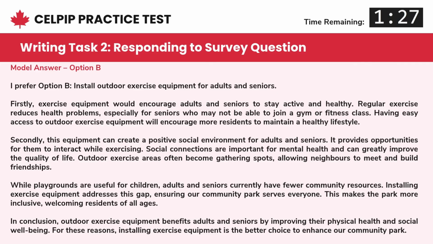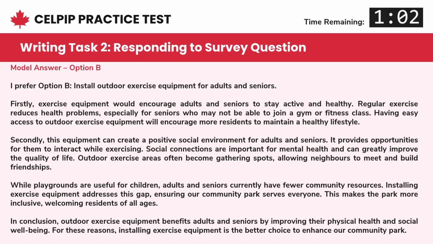This explanation will clarify why this response scores well on CELPIP Writing Task 2. Pause the video if you need more time to read the entire response. The writer clearly selects option B, install outdoor exercise equipment for adults and seniors, right at the beginning. They provide two clear reasons supporting their choice: encouraging adults and seniors to stay active and healthy, and creating a